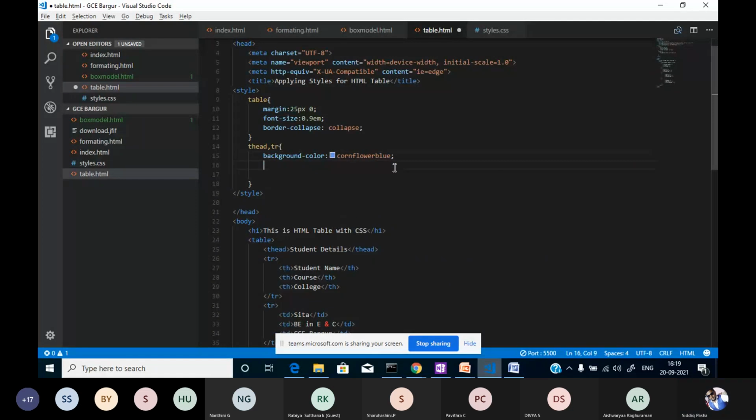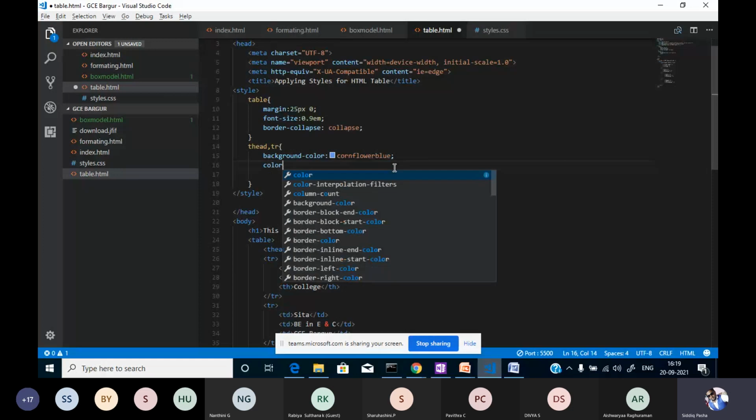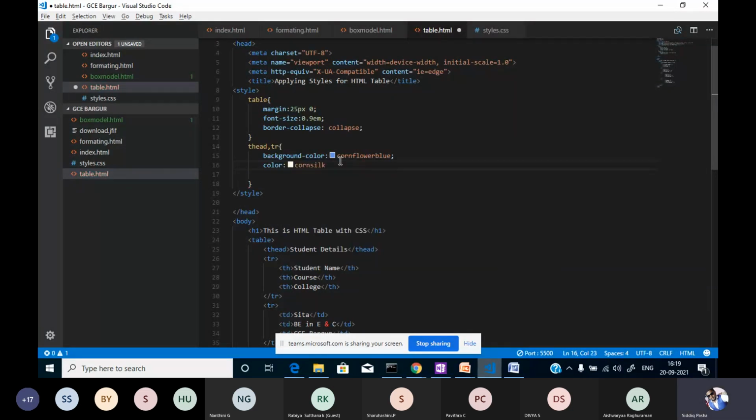Similarly, this is the background color. I'll assign the color for the particular row as well. The color is, say, black, which looks good for this. Actually, it has taken corn silk, so that will not be visible. Okay, black only.